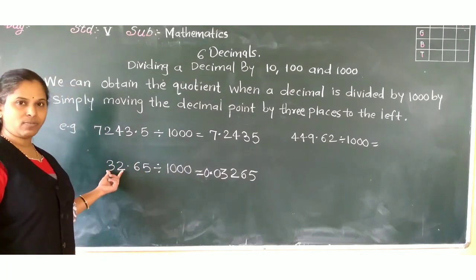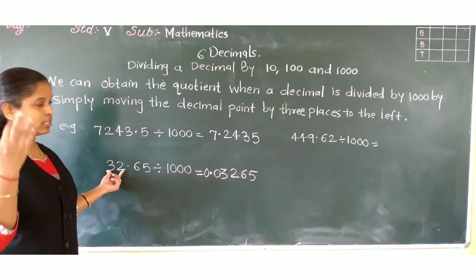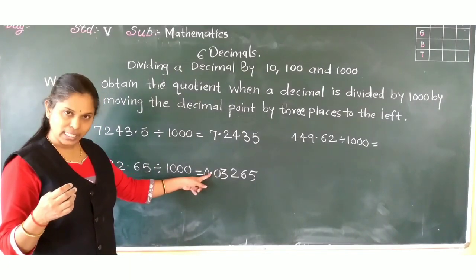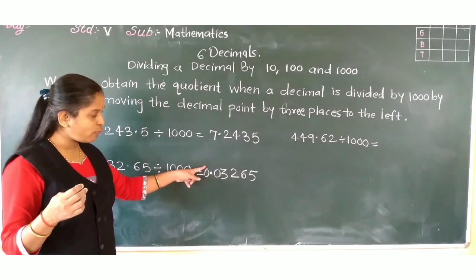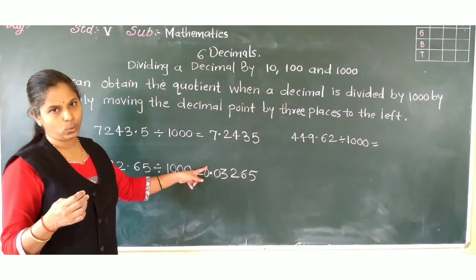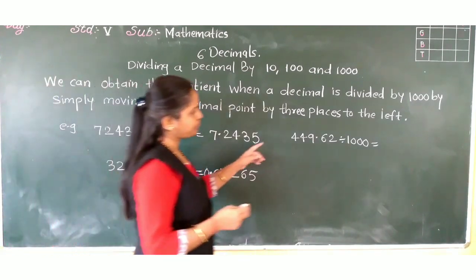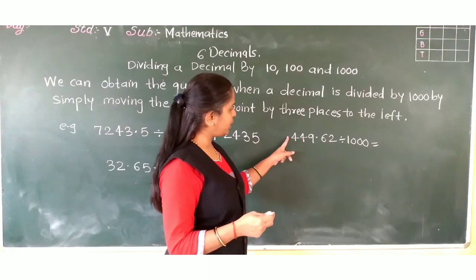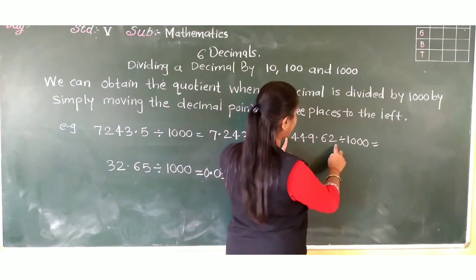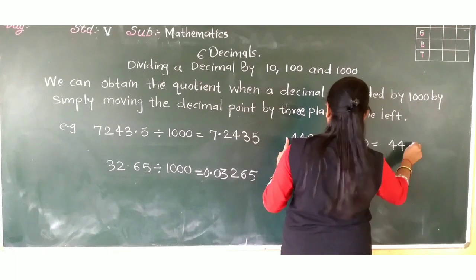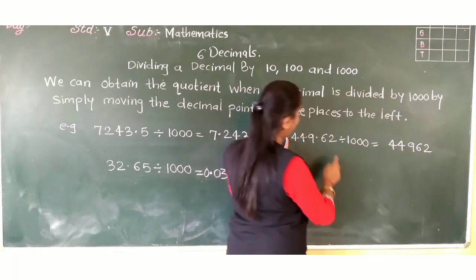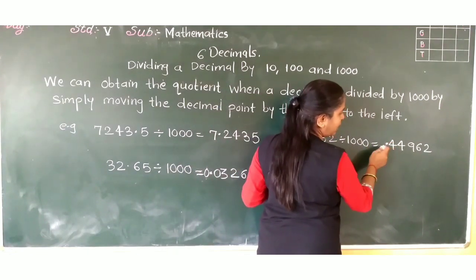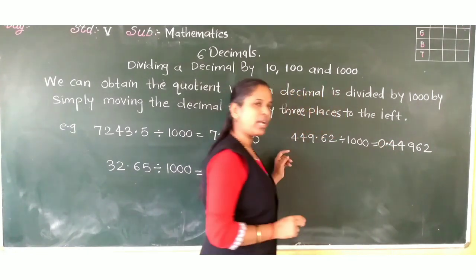Got it? What did I do? Here only two places were there. And we have to shift by three places. So in the third place we have to write 0. And after the third place put the decimal. And at the place of the whole part we have to write 0. Okay. Now here we have to shift 3 places, that is 1, 2, 3. Here it will come. So first write this number as it is. And from 1, 2, 3, here the decimal place will come, no? Here. And here nothing, the whole part is not there. So we have to write 0.